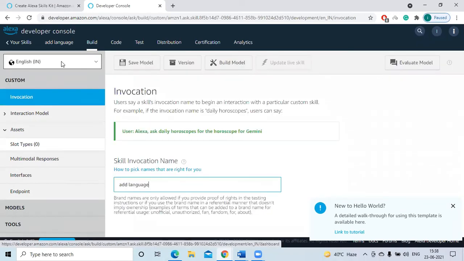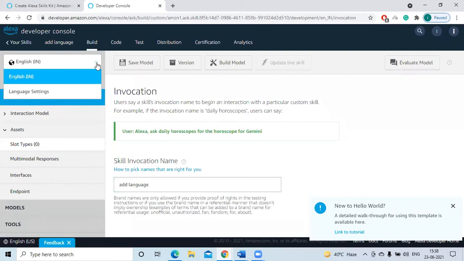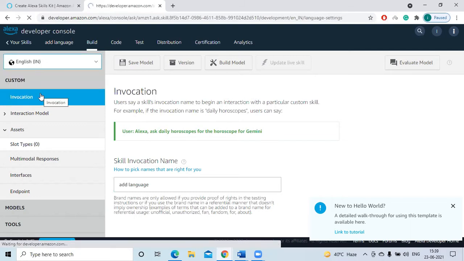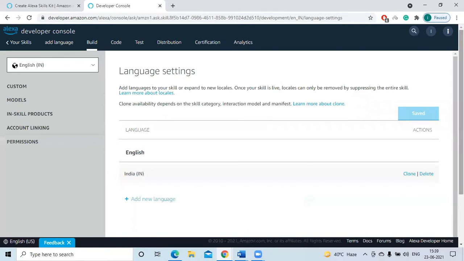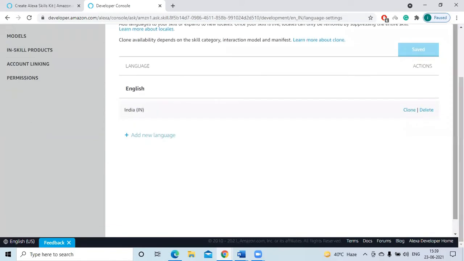Before going to invocation, I am showing you, see here, this is my default language, Indian English. Here below the Indian English, you can see this language setting. Click the language setting. You'll have the add language option.